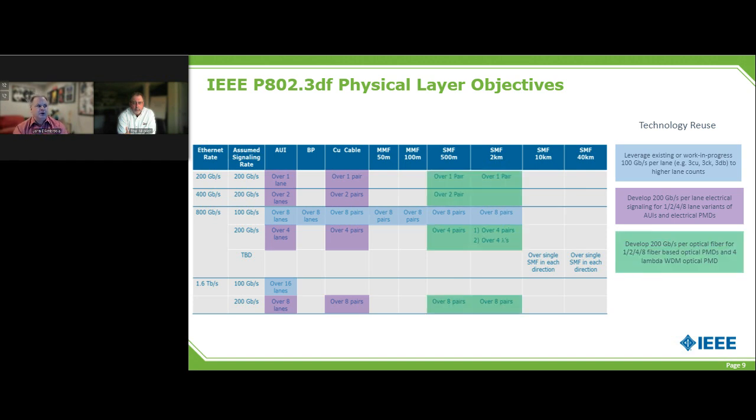And really we're creating, in this case, an engine to do 200 gigabit per second optical signaling. Those 2 columns are all 500 meters and 2 kilometers, and with the exception of this over 4 lambdas, this is all parallel fiber solutions. So it really is the same basic engine being used to fill all of those. There may be some tweaking between 500 meters and 2 kilometers because of the different losses of the fiber, but then it just becomes 1, 2, 4, or 8 lane variants.